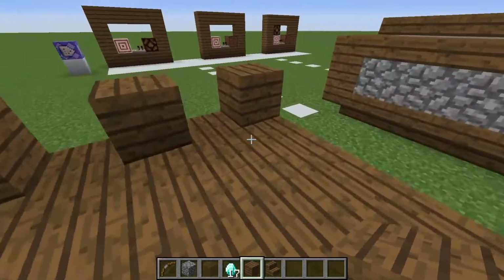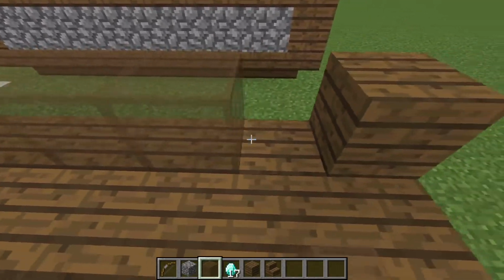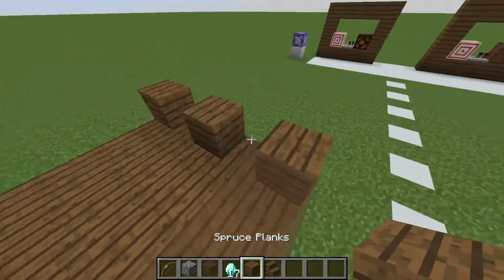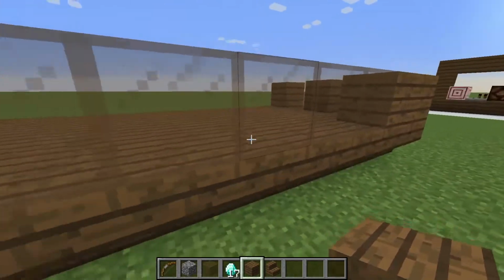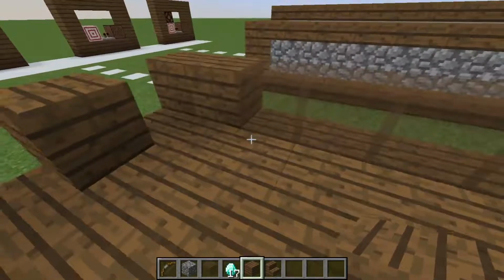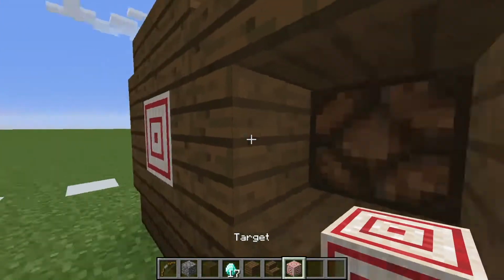And now once you've done that, I just got some brown stained glass because it kind of goes with the style, and filled this whole area in. And actually I didn't have this here just because I didn't want to show the little redstone thing. And then once you've done that, I basically just got this block here,